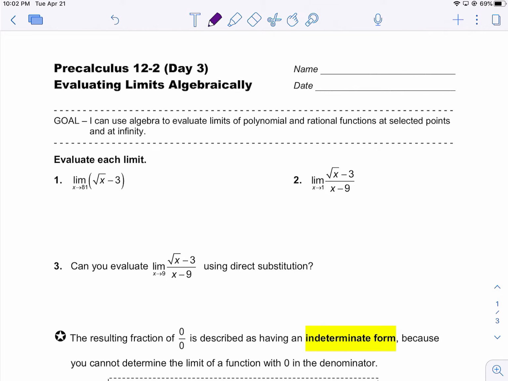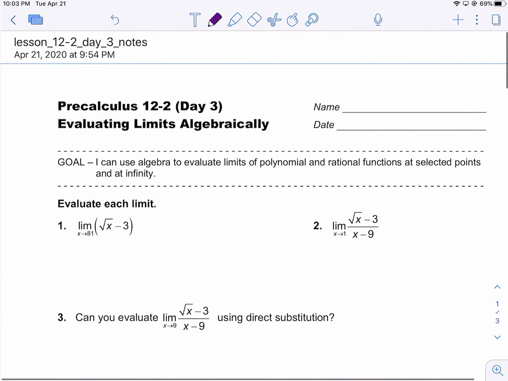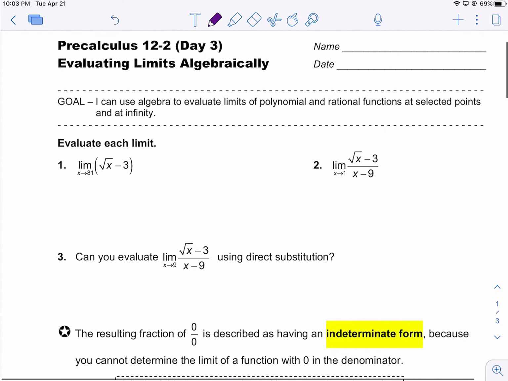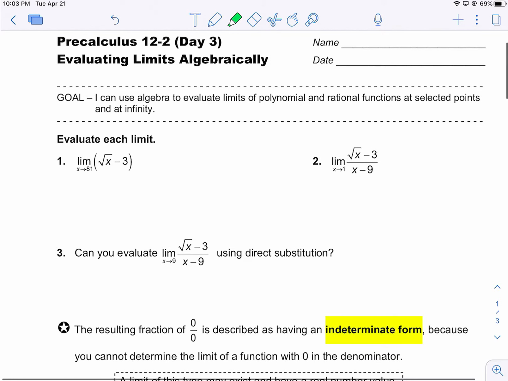So let's get into this last section here. We're first going to review some limits just because review is always helpful. And then we're going to look at one last technique when we find the indeterminate form. So number one here, big thing to remember, as we shift back and forth between evaluating a limit at a number and evaluating at infinity, is that when we are evaluating a limit at a number, we always want to